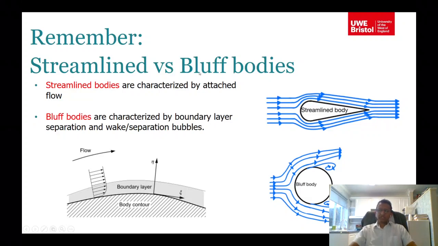Streamline bodies are characterized by attached flow. So the flow is attached to the body, and bluff bodies are basically detached. In the sense that the flow around the bluff body detaches quickly. That means you will have a depleted pressure zone, or a negative pressure zone here, a larger one than on a streamlined body. And when you have a body contour like that, and air flows over the body,